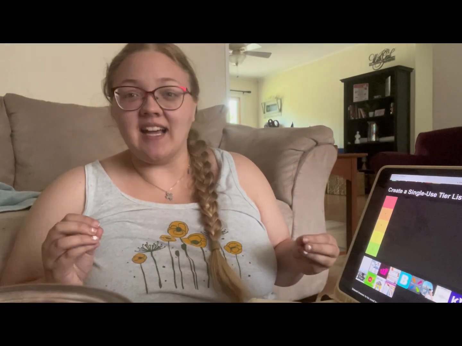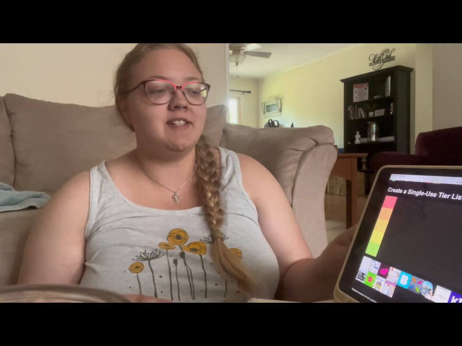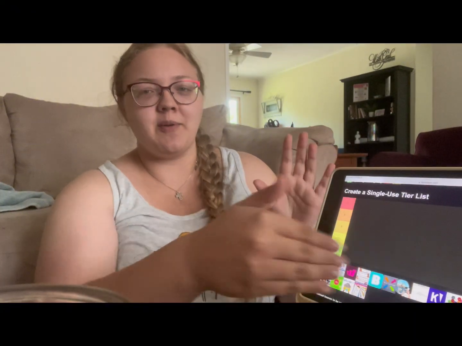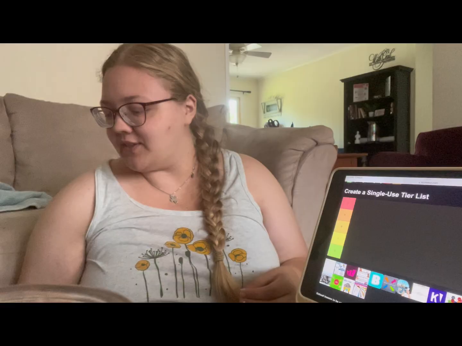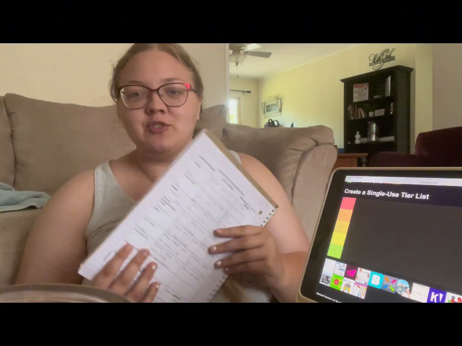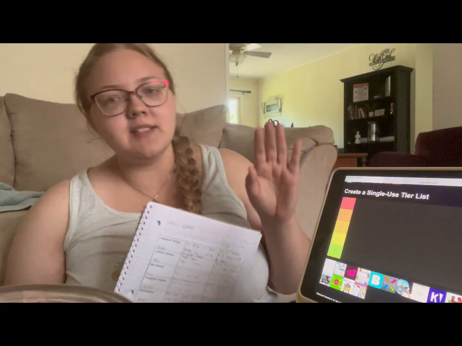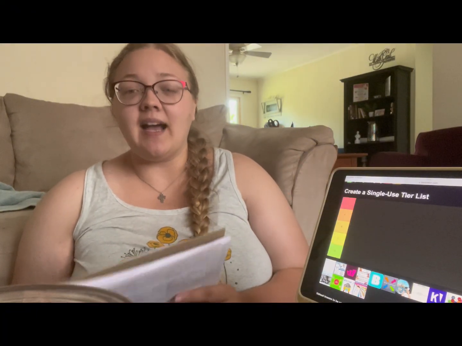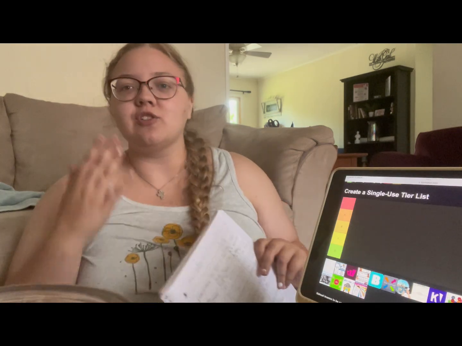So I decided for my final essay that I was gonna do a tier list. Down here we have visual representations of all of the different instructional strategies that we learned throughout the semester. There are 16 of them down here. There are technically 17 of these because I forgot about music. It wasn't in the box, I had it up in the corner, so I will just talk my way through